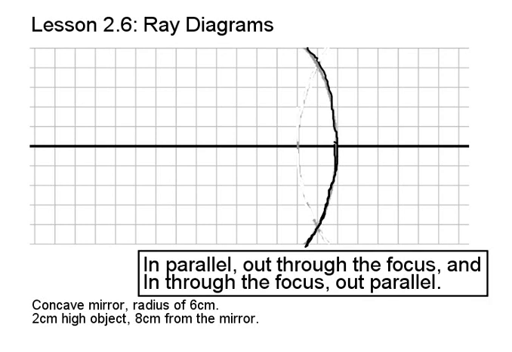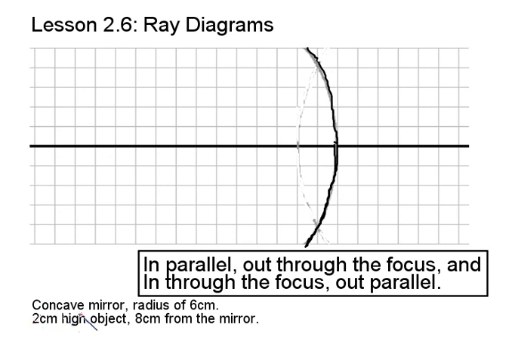Welcome back. We're into lesson 2.6, ray diagrams. We're going to be putting an object in front of a mirror, projecting a few rays off of it as we learned to do in 2.4 and 2.5, and those rays are going to tell us where the image appears in the mirror. For our first example,